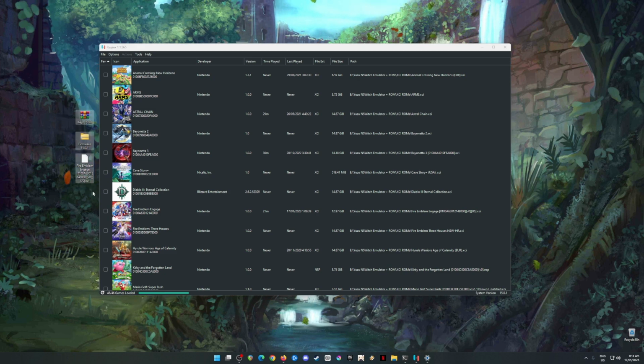So if you're asking me where you can get all these files, legally speaking, you can only get these files if you own a Nintendo Switch console, and you should mod it and have a custom firmware installed on it. Because if it has a custom firmware installed, then you can access your Nintendo Switch system files such as the keys and firmware. So just copy those files into your PC. And in order to get Fire Emblem Engage, you should own the game, you should buy it, have a physical copy of that game,